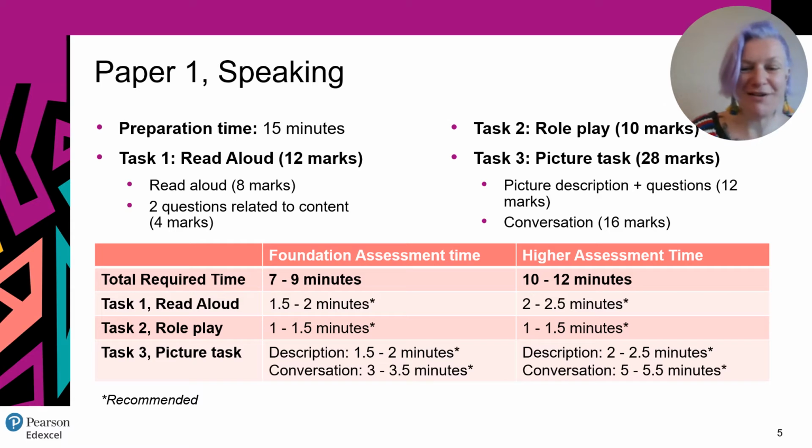Okay, so let's have a closer look here at the speaking paper. So we noted already the 15 minutes of preparation time, the read aloud task being the first task that the students do, which is worth 12 marks, then into the role play, and then into the picture task and conversation, which carries 28 marks, which is, of course, as you can see, the most significant number of marks for the